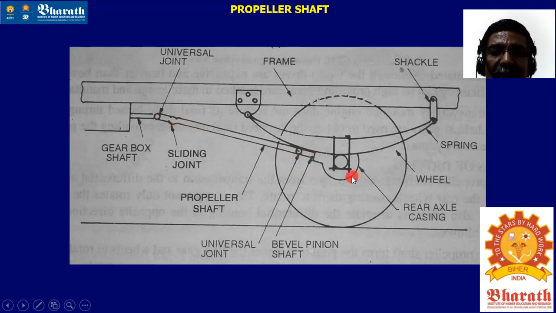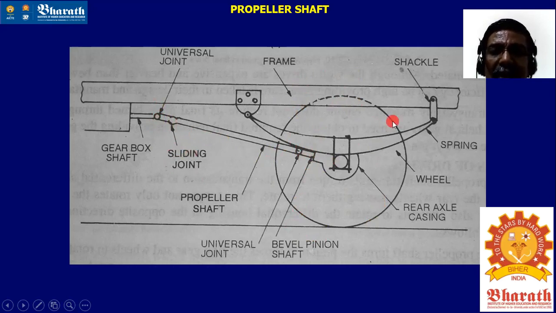That is number one. Number two, the vehicle is moving. The road is not a smooth one. It has twists and bumps, and it is prone to vibration. The entire axle set will move up and down. Because of that, the propeller shaft will swing this way about this hinge. So it will be elongating and contracting because of the up and down motion. For that only we provide the sliding joint.